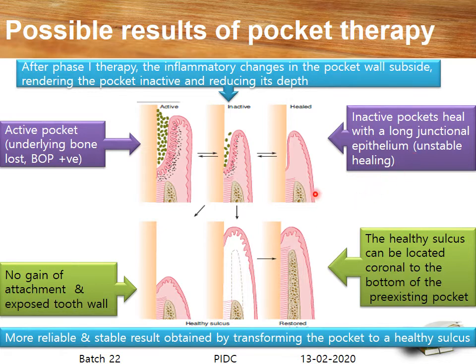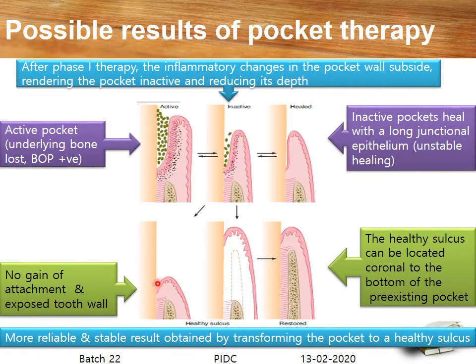Whereas reducing it to the previous healthy sulcus, for example 2 to 3 mm, is considered to be one of the best methods for pocket healing. So here you can see a condition where the pocket has been reduced despite the tooth structure being exposed; the pocket has been reduced to the normal physiological depth. Here there is no gain of attachment present, and there is exposed tooth wall also present. But there is one good thing here: